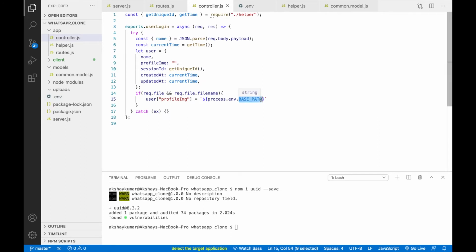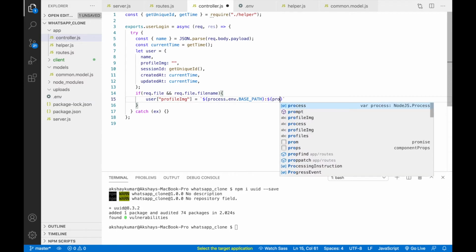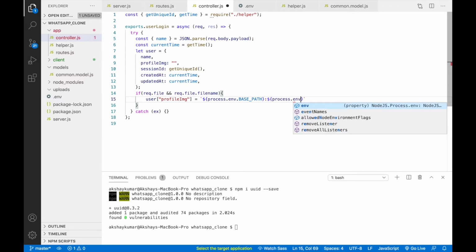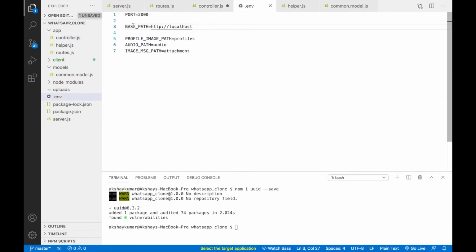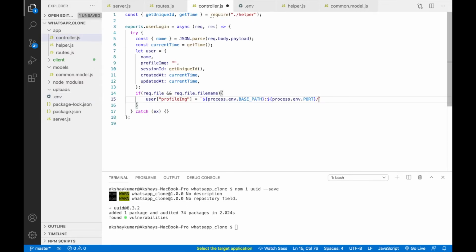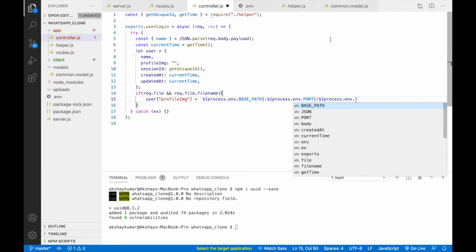After getting the base path, we'll write a colon, then again process.env.PORT. This port is coming from here, this one. Then slash, then again process.env.PROFILE_IMAGE_PATH.